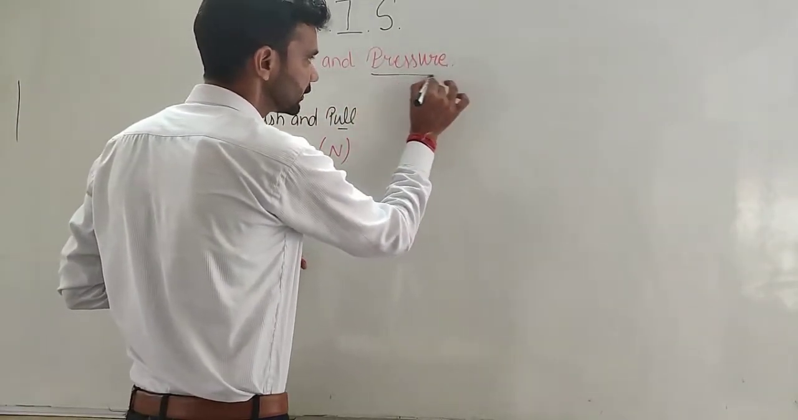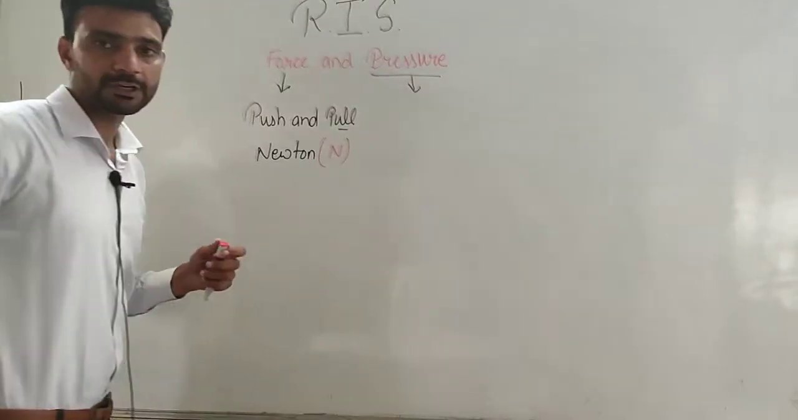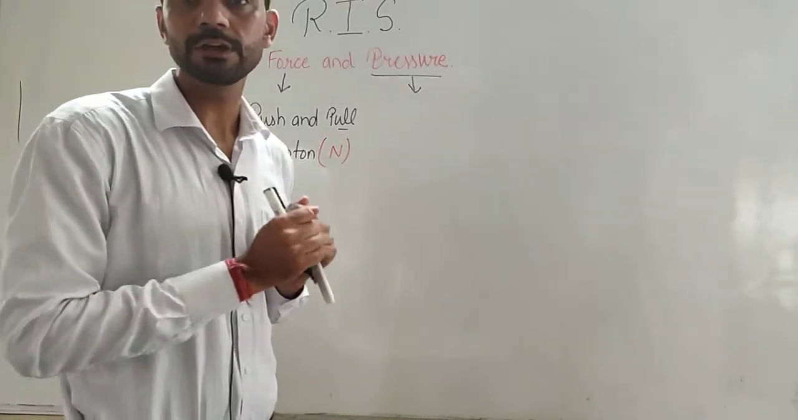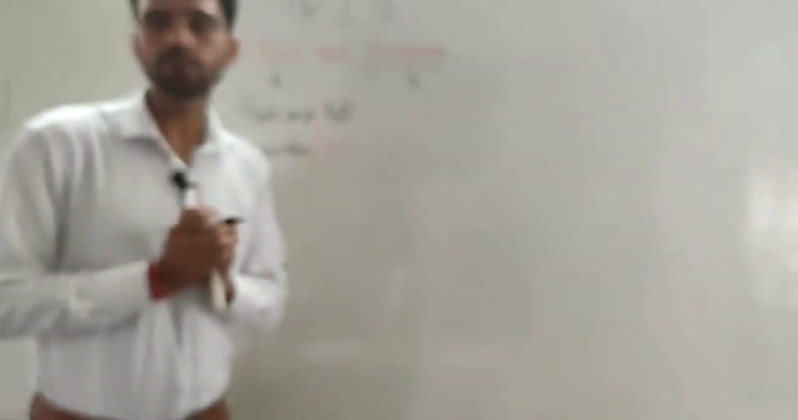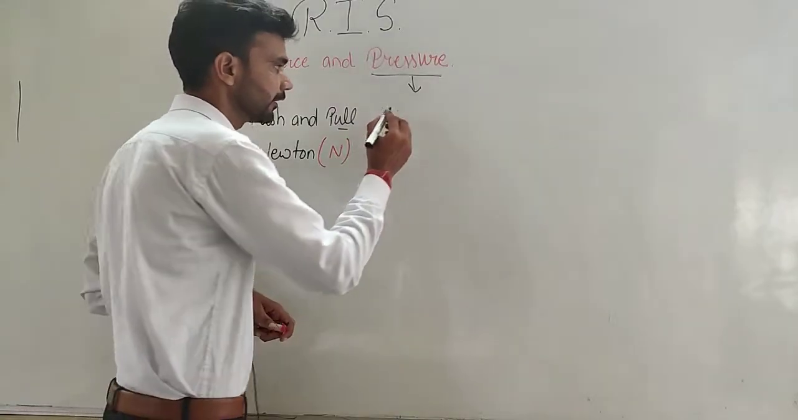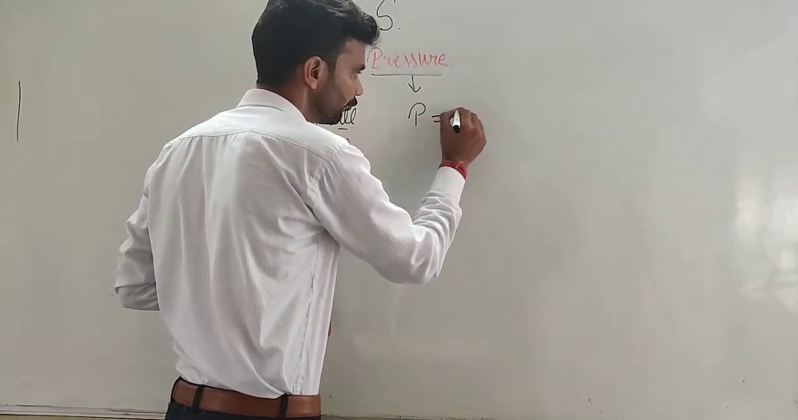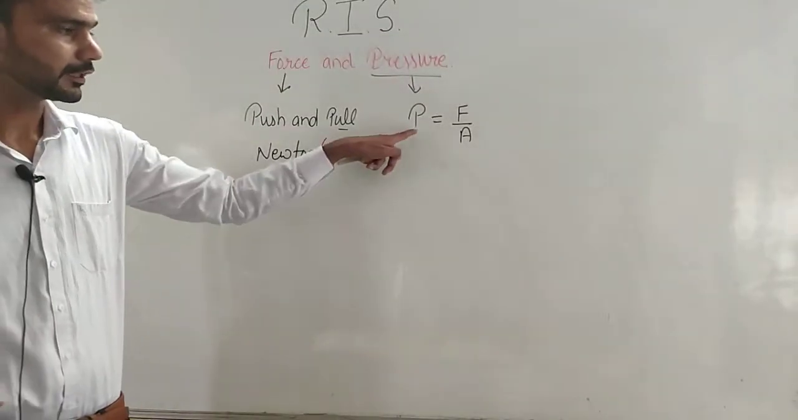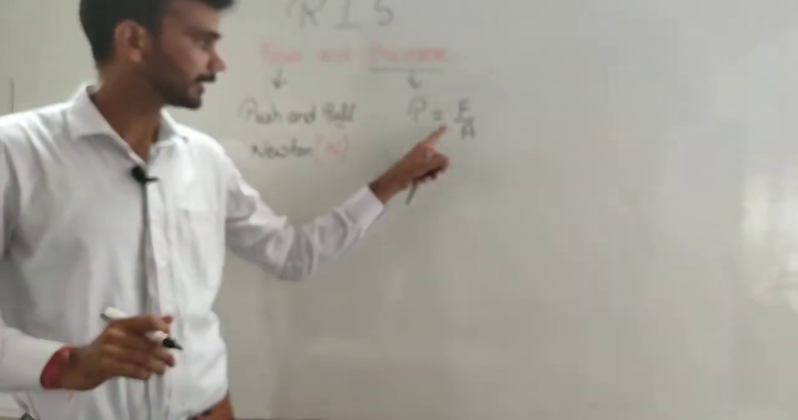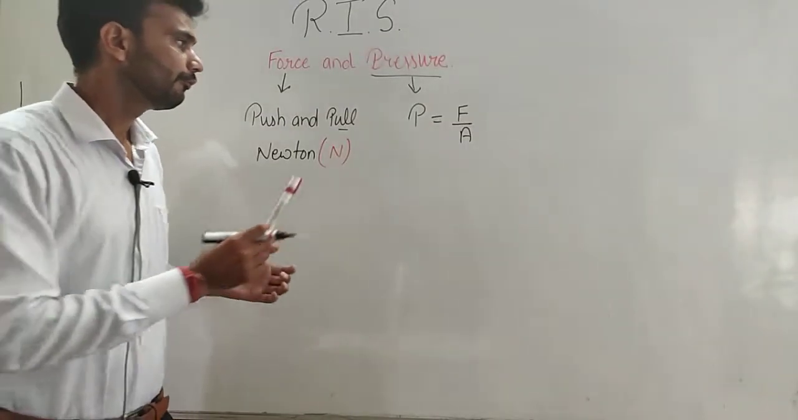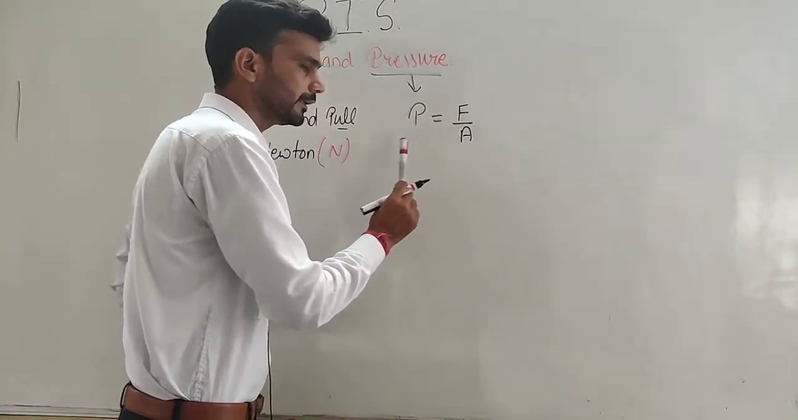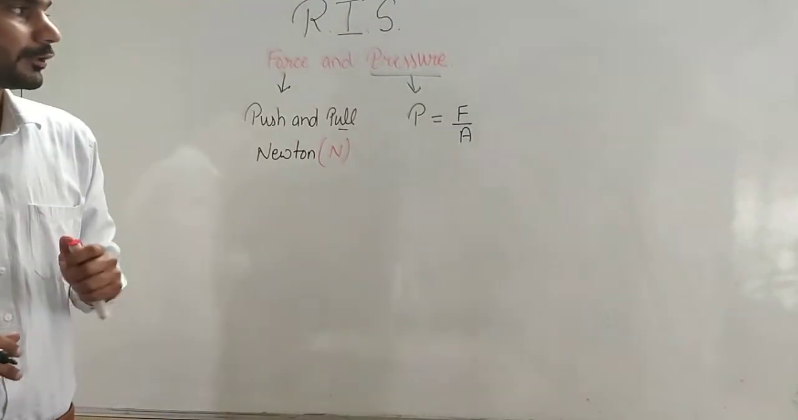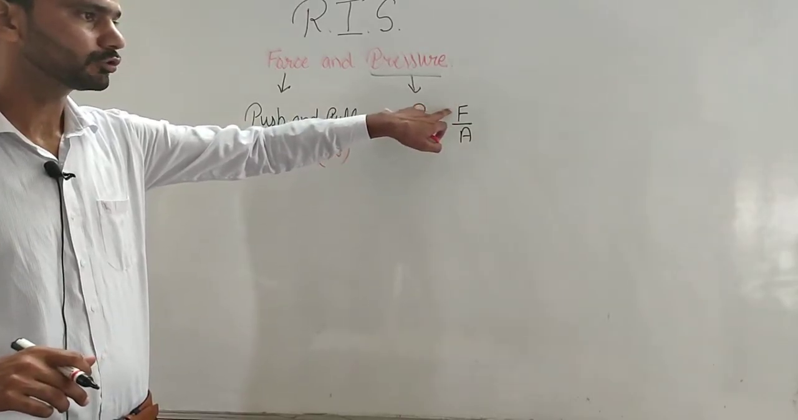The second word in the chapter is pressure. What is pressure? If we are exerting a force on an area, then it is known as pressure. Force per unit area is known as pressure. Pressure is equal to force upon area. This is the formula of pressure, where P stands for pressure, F stands for force and A stands for area. Force per unit area is known as pressure. From this formula we can write the definition also, that force per unit area or force divided by area is